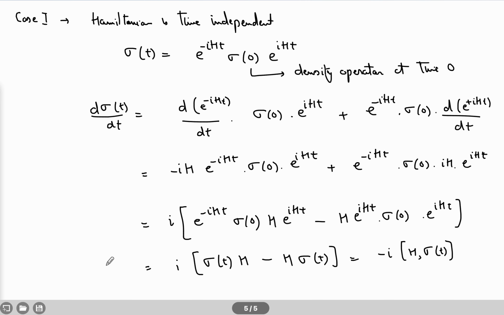So I get the Liouville-von Neumann equation back if I simply take the derivative of this equation. So that means this is the solution of the Liouville-von Neumann equation when the Hamiltonian is time independent, right? Okay, so let us now see how to further simplify this by using another mathematical formula,